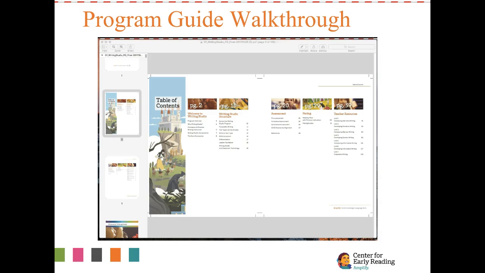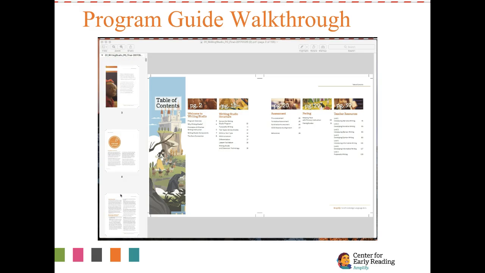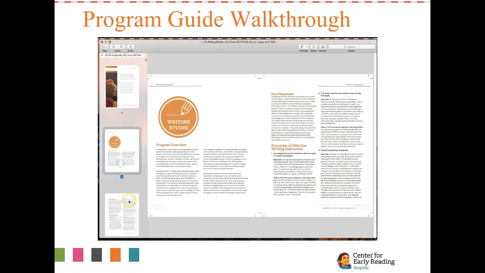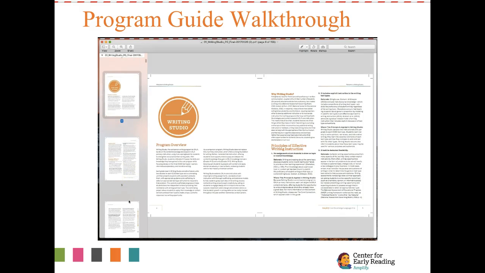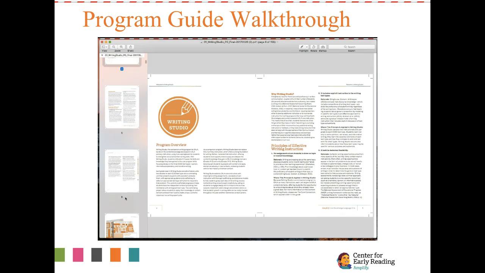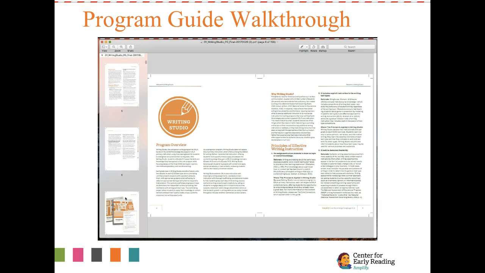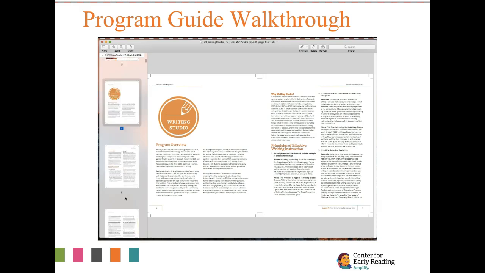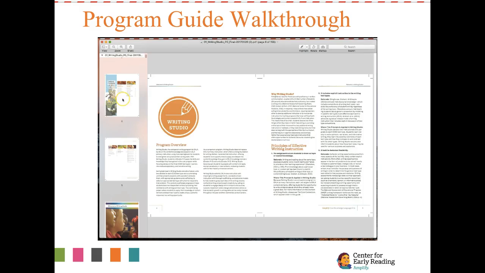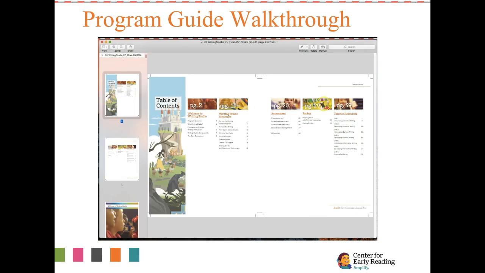Let's look at the program guide that comes with Writing Studio. I have my first grade program guide open to the table of contents. The program guide begins with an overview of the program at large. It talks about things regarding assessments, our design principles, basically the how and the why and the design behind Writing Studio. But what I want to point out to you are the 2 things located near the back of the